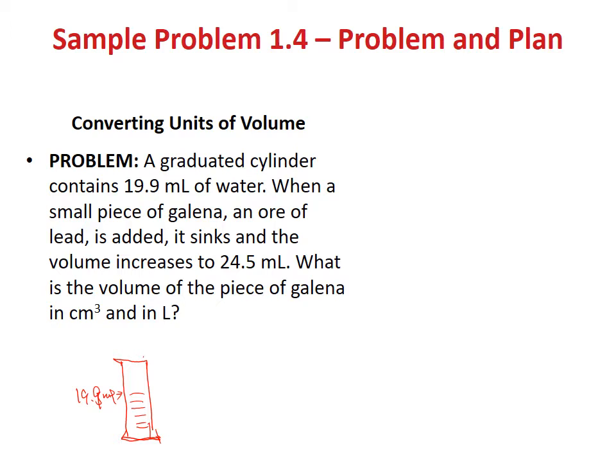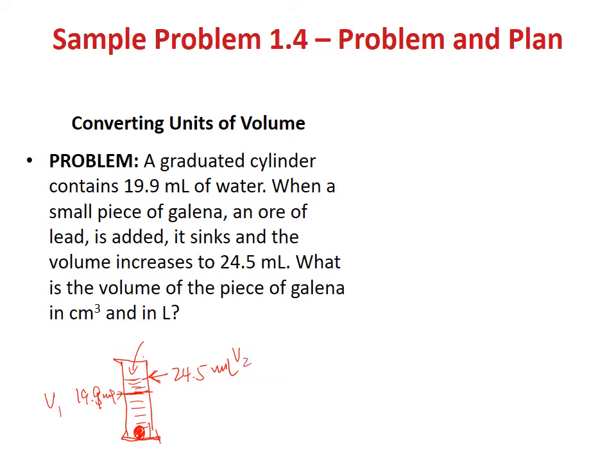When a small piece of galena, which is a kind of stone, is added, it sinks. So if you add a stone, the stone goes down, and it will push the water up. So now the water goes up to 24.5 milliliter. Okay, so that's the new volume, and that's the initial volume, and we can write this as V1 and